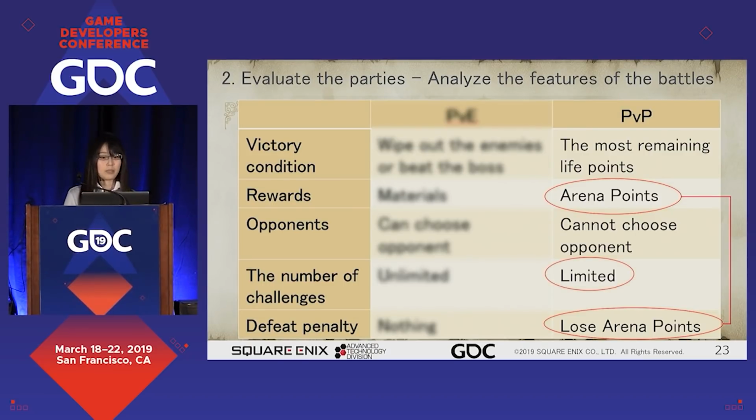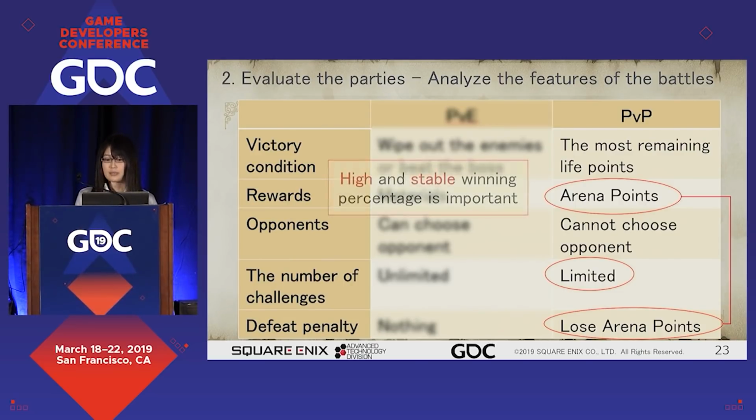And because the number of battles is limited, the player will want to make the most out of them. These facts indicate that the important point for PvP is a high and stable winning percentage. But the player cannot choose the opponent.